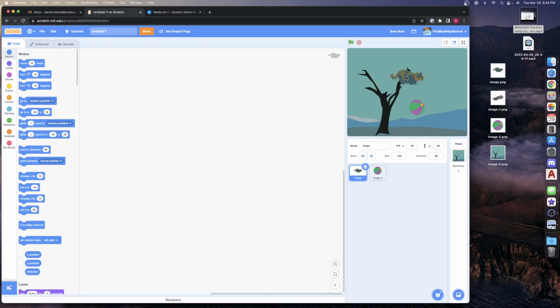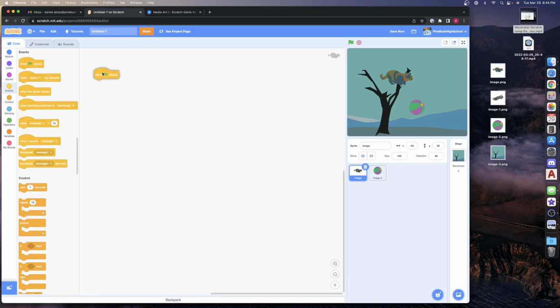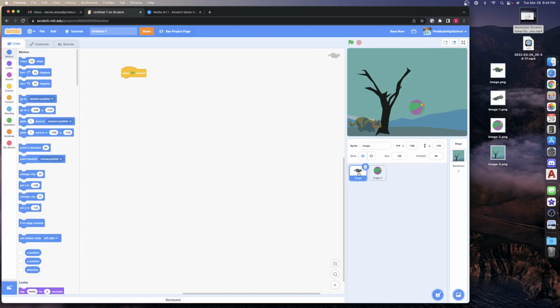So the first thing I want to do is make sure that this cat always goes back to this position right here when I start the game. I start the game by hitting the flag. So we're going to set up that line of code. We're going to start in events. And when the start game button is clicked, that's this button, we're going to set him to go all the way back down here. So if we go to motion, and again, remember, we're on the sprite with the cat,